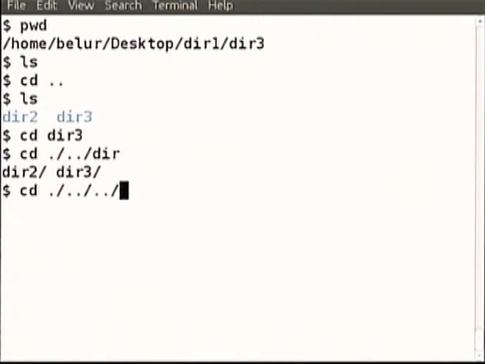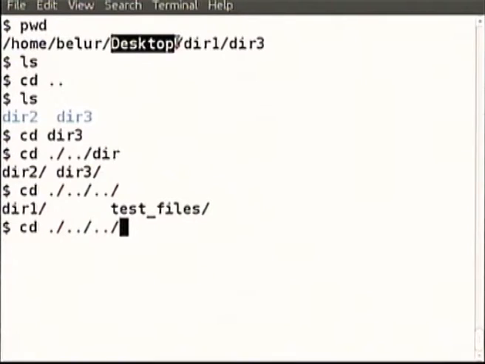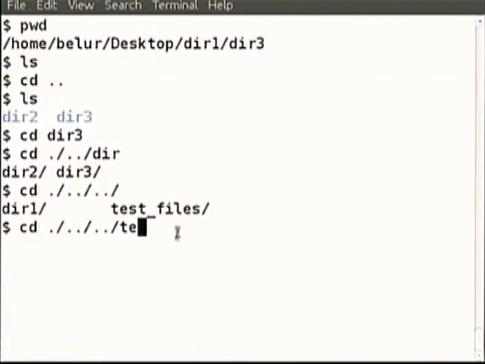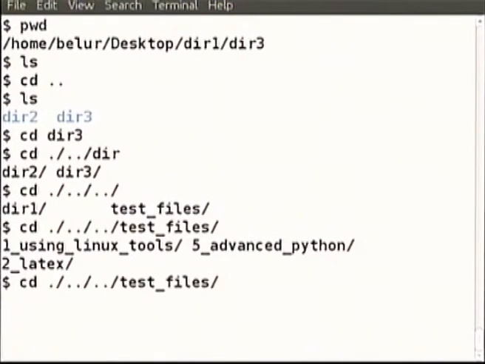The fact that you are using dot dot means, let us go back. This is current. Of the current we have gone to one parent. Of the parent we have gone to another parent. And now let us do tab. Now there is dir 1 and test files. Of course, dir 1 is expected. By doing two dot dots, we are looking inside the desktop directory at what all is there further. Dir 1 has to be there. What else is there? Test files is there. That is what is coming when we press tab two times. Why don't we go inside test files? So this way of navigation is what can be called relative.